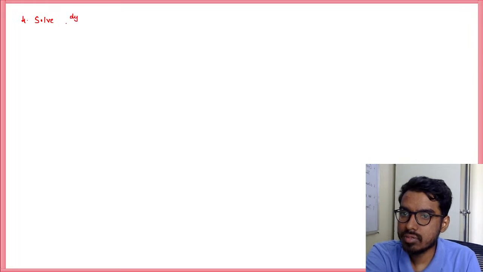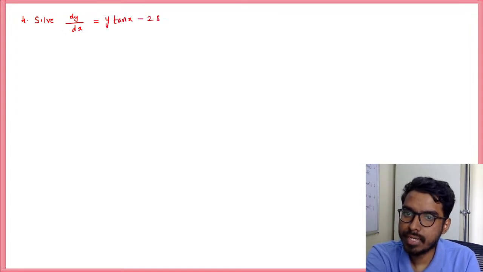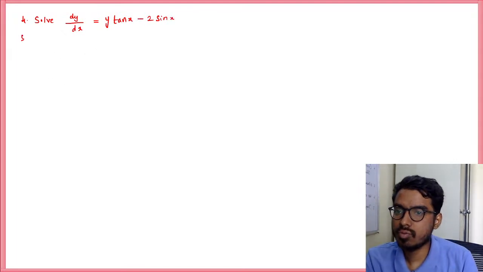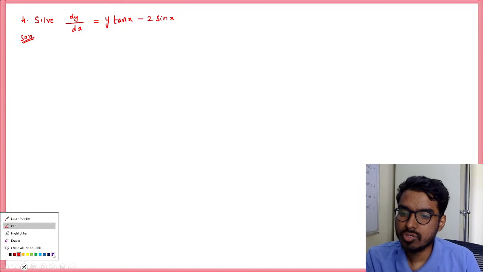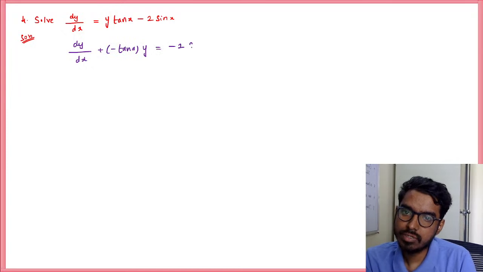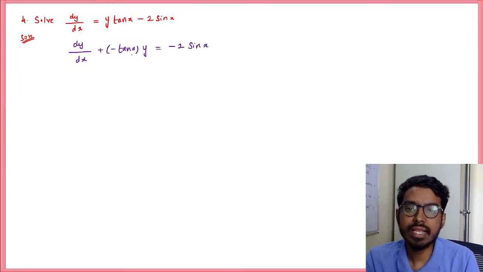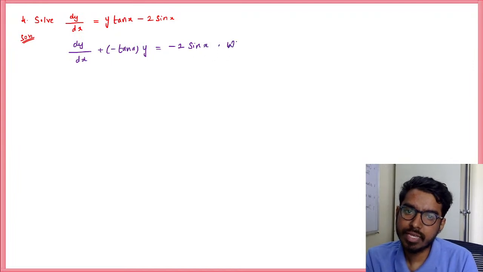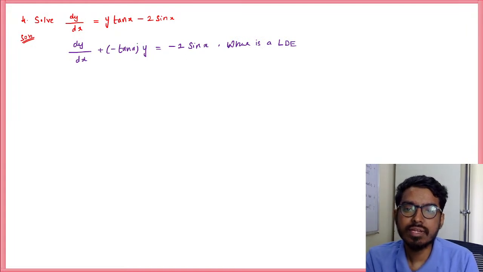To solve dy by dx is equal to y tan x minus 2 sin x, right? So it is of the form dy by dx, right? Let's write this as dy by dx minus tan x into y is equal to minus 2 sin x, right? So dy by dx plus py is equal to q, which is a linear differential equation where p is given by minus tan x, q is given by minus 2 sin x,